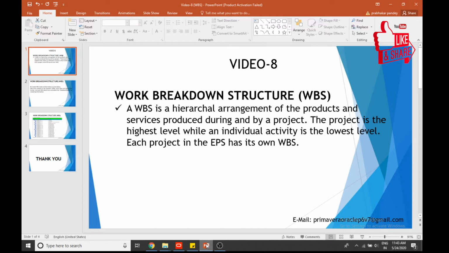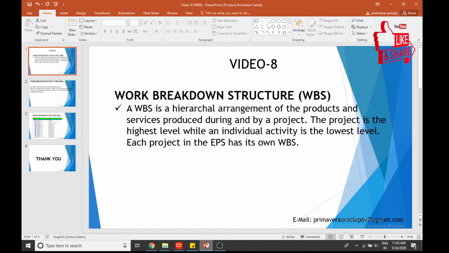Unlike some scheduling software programs that take a somewhat bottom-up approach, Primavera P6 encourages you to create a work breakdown structure at the beginning of the project. This is generally known as the top-down approach.